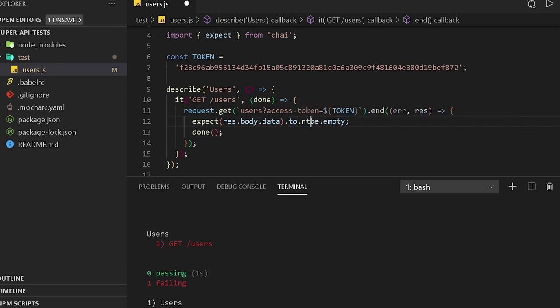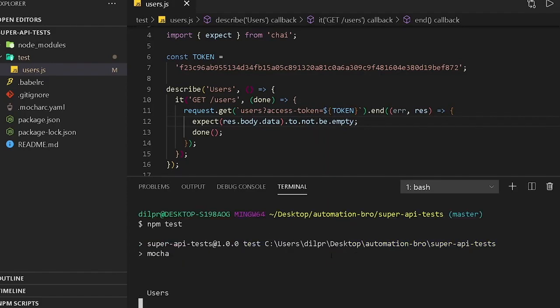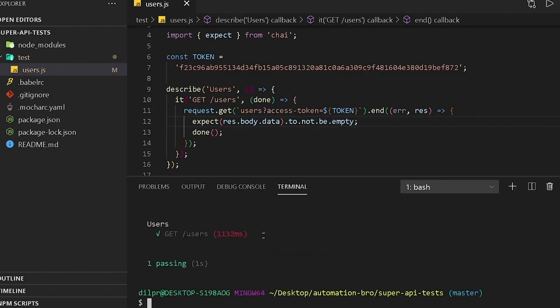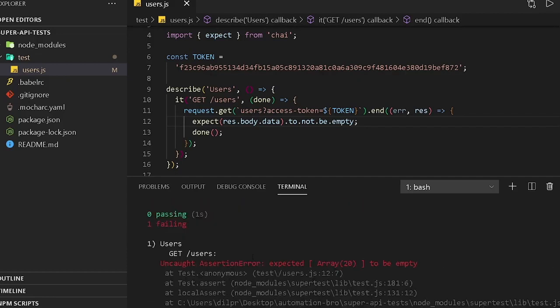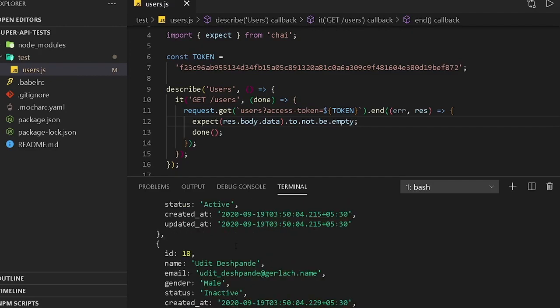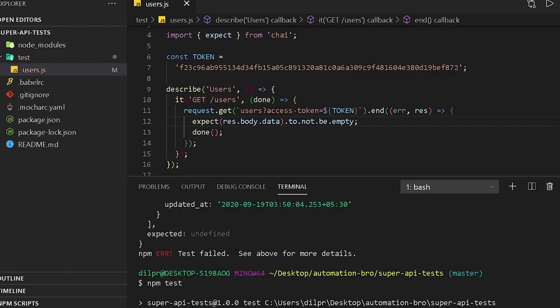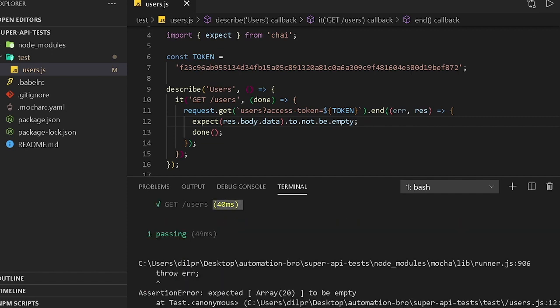So I'm going to change this back to not be empty, which is the right case. And I will run npm test again. Awesome. Now our test is working. And if you notice here, it's actually taking like 1132 milliseconds, which is more than what it was taking before. So before it was, if you scroll up, okay, it was only taking 40 milliseconds because like I said, it runs this, it says,